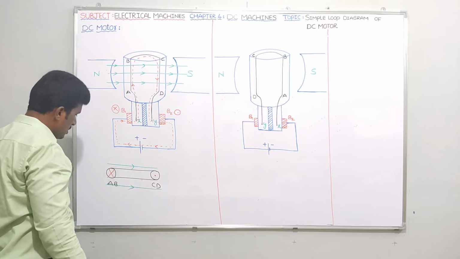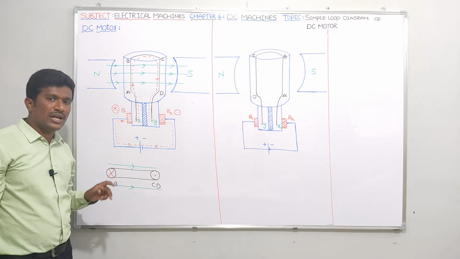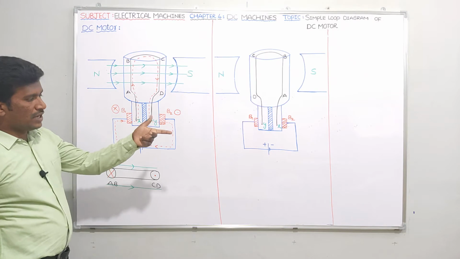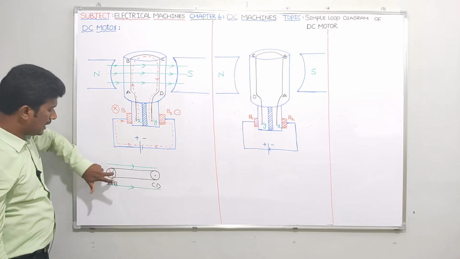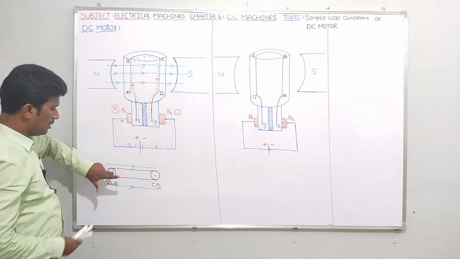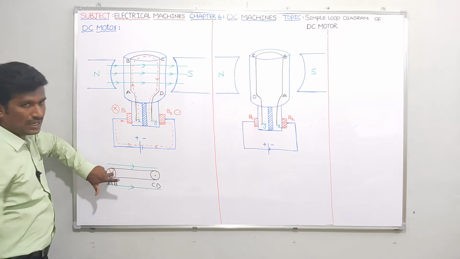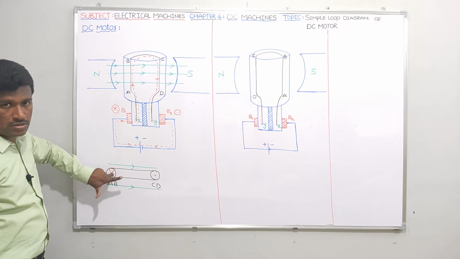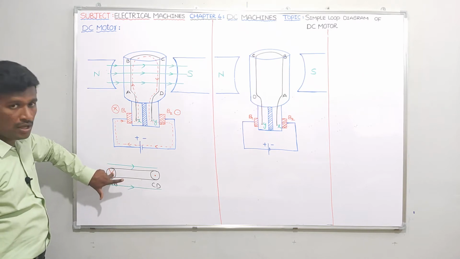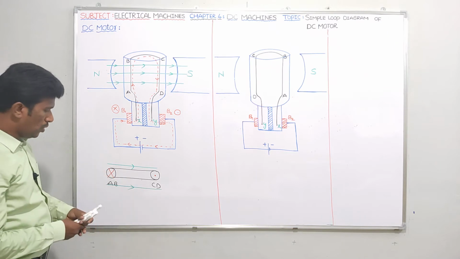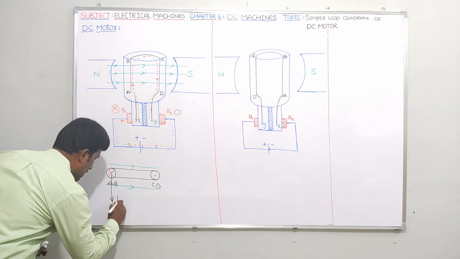So please tell me, guys. Let me apply Fleming's left hand rule at AB. It's a cross. Cross means what? Entering into the board. So in Fleming's left hand rule, the center finger means direction of current, into the board. When a current carrying conductor is placed in a magnetic field, the forefinger indicates the direction of the magnetic field, the direction of this green color arrow mark. It experiences force. Tell me, is the direction of force downwards or upwards? It is downwards. This thumb means direction of force experienced. So the direction of force experienced because of motor action is downward